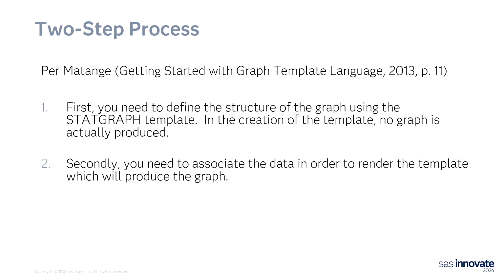GTL is a two-step process. The first step is to define the structure of the figure or plot using proc template. Even though you've defined it, proc template does not itself create the output. You need to associate that defined structure with the data. This is the second part. We use SGRender, proc SGRender, to associate the template, i.e. the defined structure of the plot, with the actual data that'll be used to generate the plot.